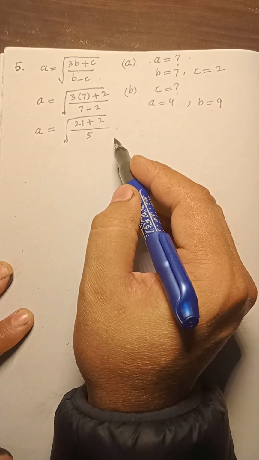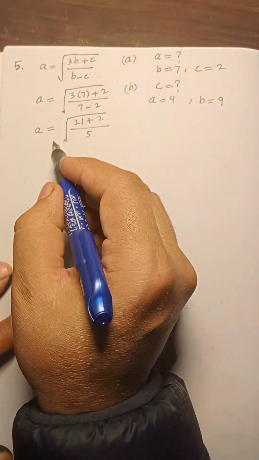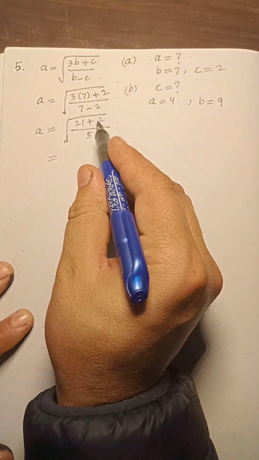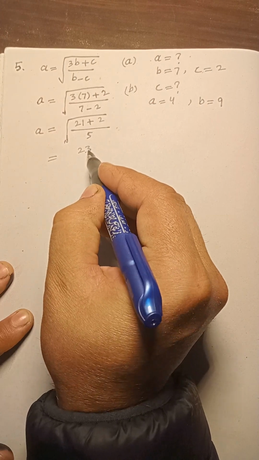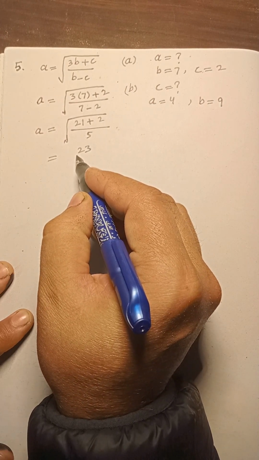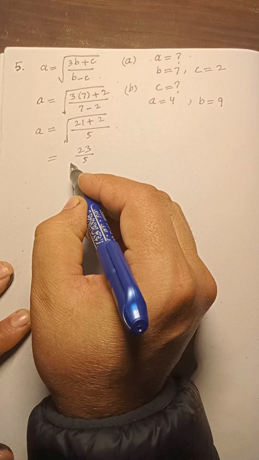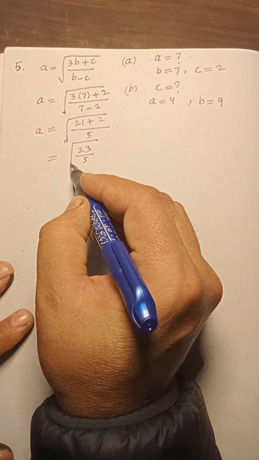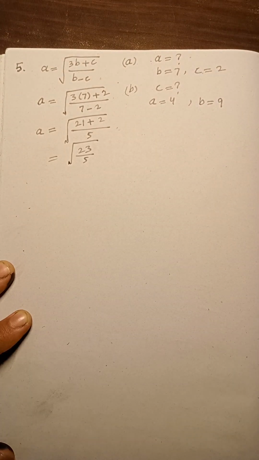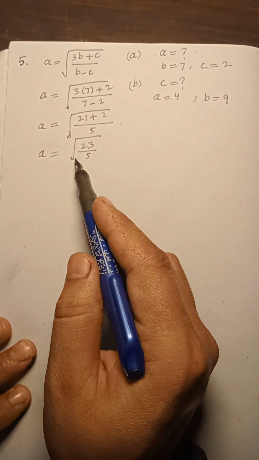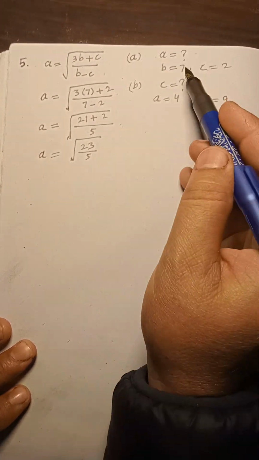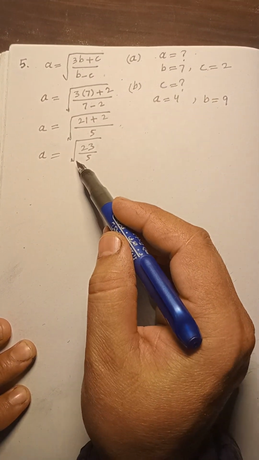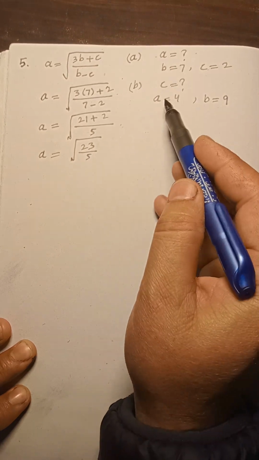Now you know that 21 plus 2 is equal to 23 and 5 is over there. This is the answer of A. For the first part we have solved it. Now for the second part, B part,